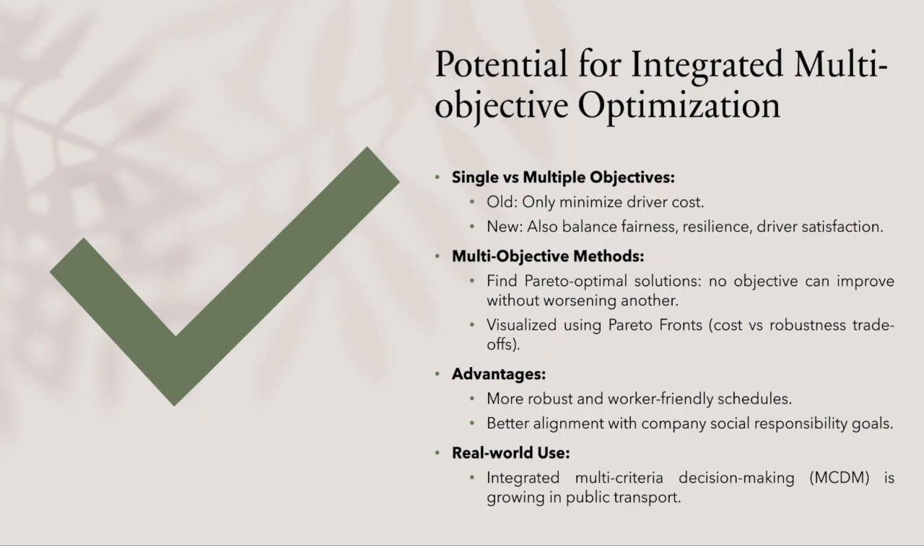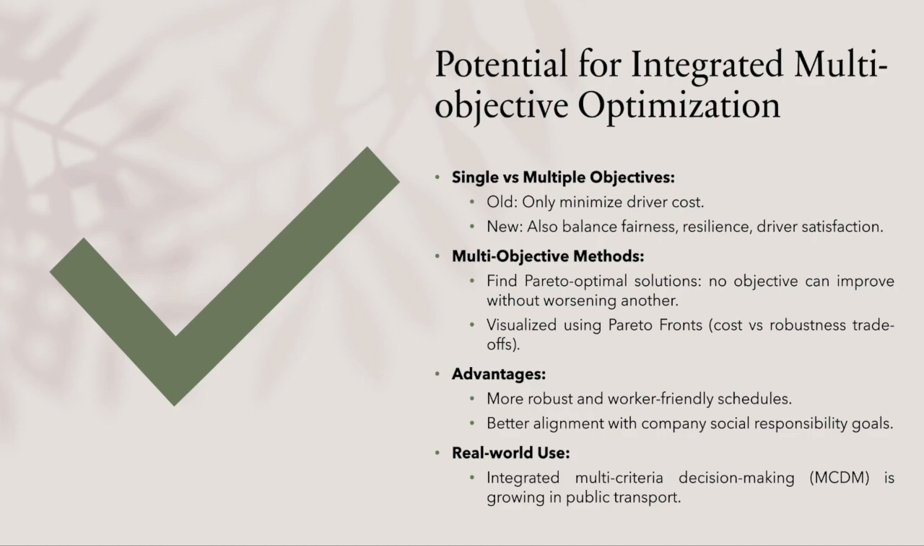So the multi-objective method allows us to find what's known as the Pareto optimal solution. This solution represents the trade-off between the conflicting objectives. For example, optimizing for the cost might reduce the driver satisfaction, while focusing on fairness might increase the operational cost. By visualizing this trade-off through the Pareto front, decision makers can select the best solution depending upon the day's priorities. So in practice, this means schedules are not only more robust and worker-friendly, but